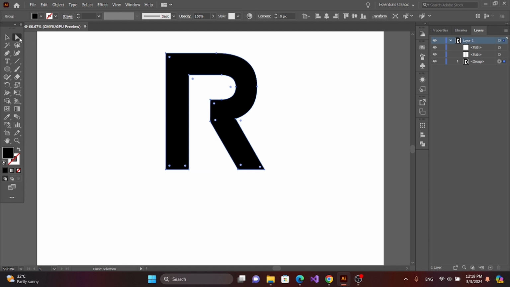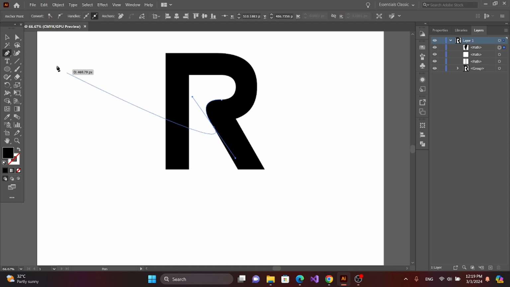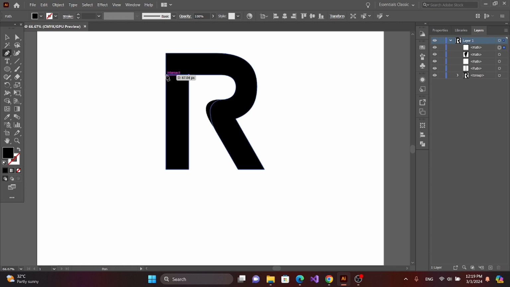Now direct selection tool. Click this anchor point and drag mouse and this anchor point. Now get pen tool. Now get pen tool and